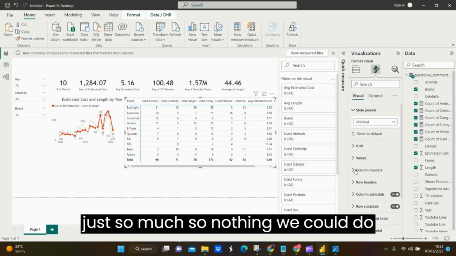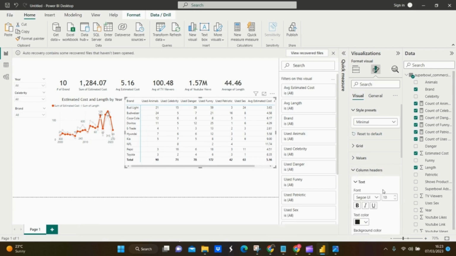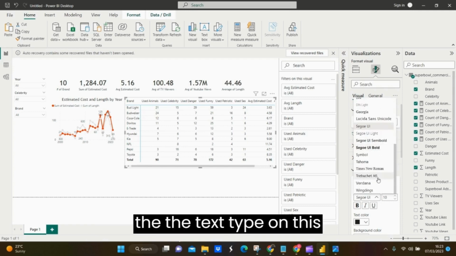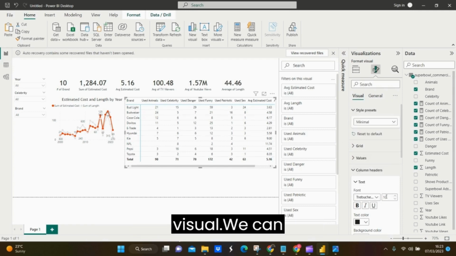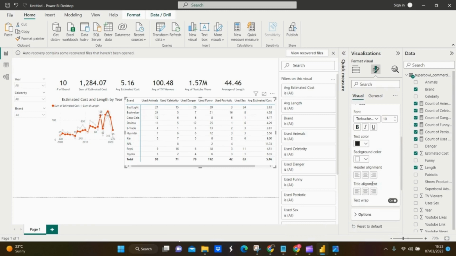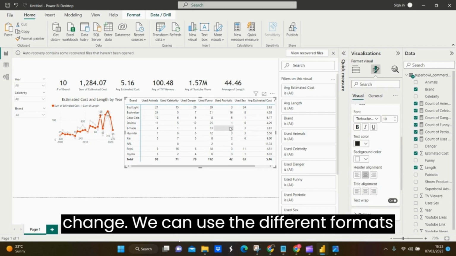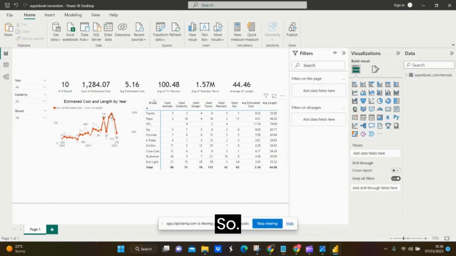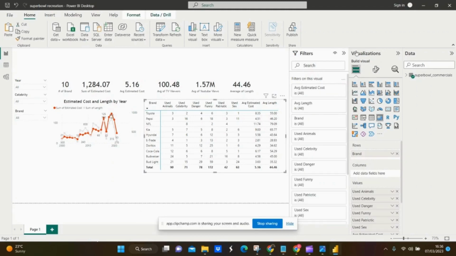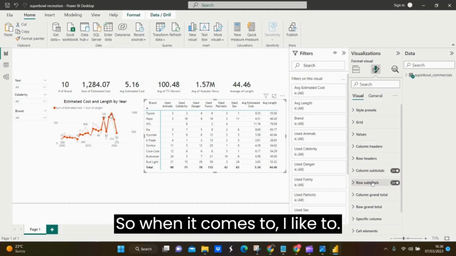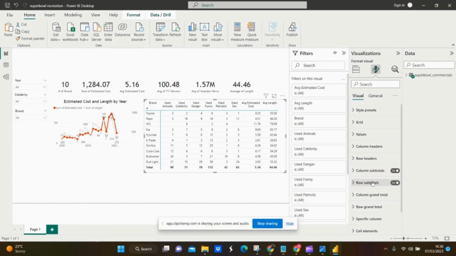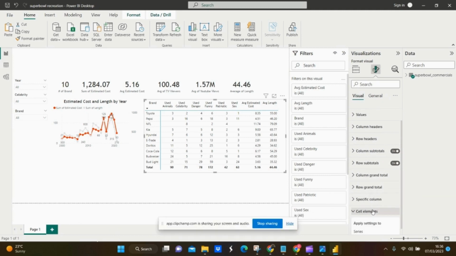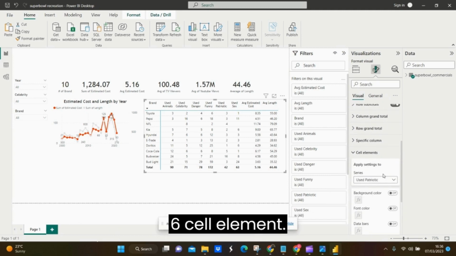You just zoom out. So another thing we could do is the column. We can change the text type on this visual. We can use different formats to get the same thing. So okay, you click. When it comes to this, you go to format your visual. It says cell elements,